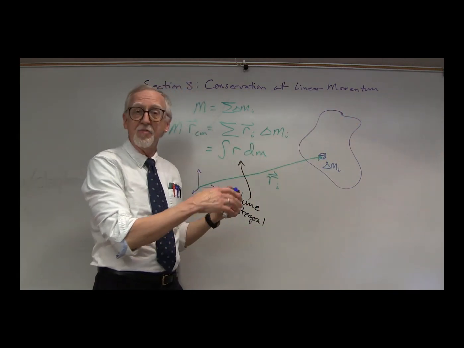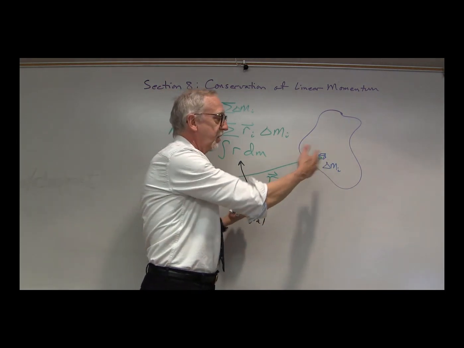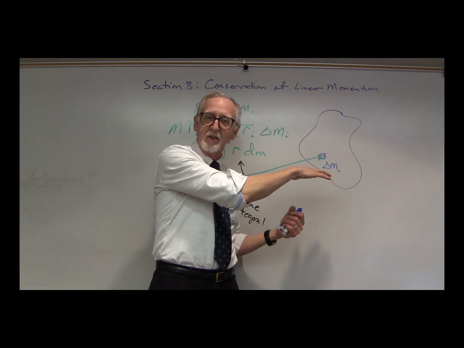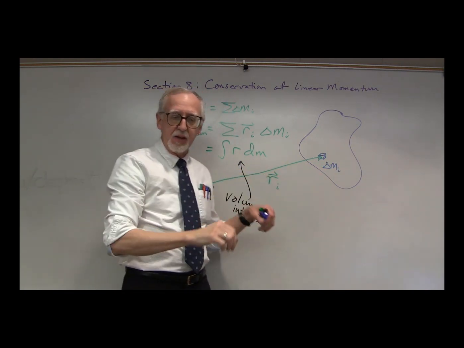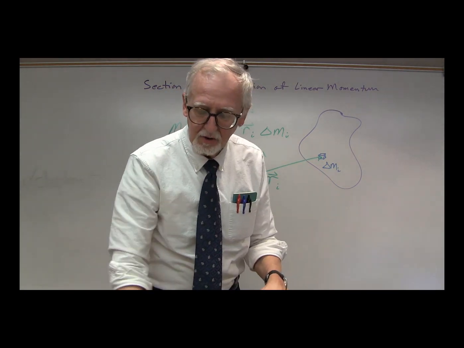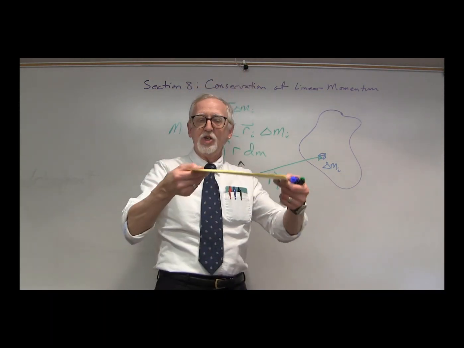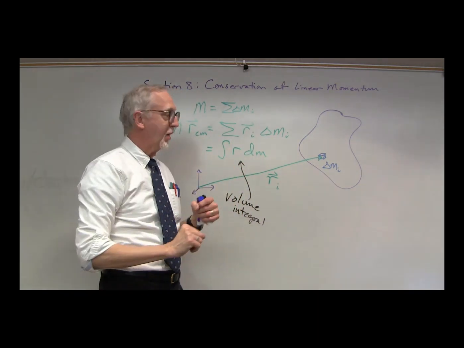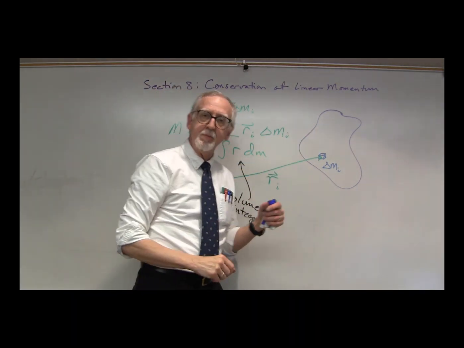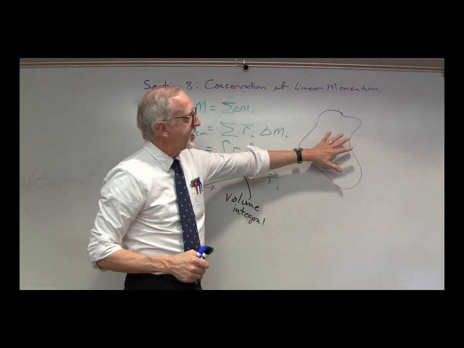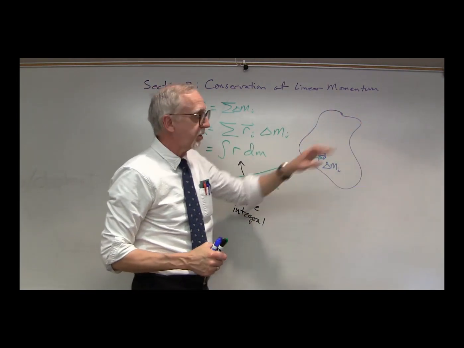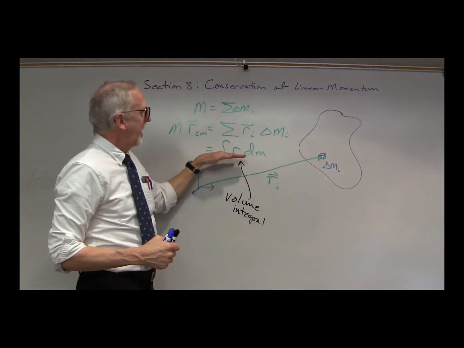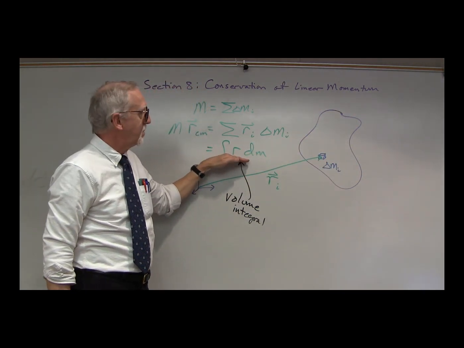We could have a flat surface, which would be a two-dimensional surface integral if it was something like a very thin sheet of mass, or if it was a line of mass, like a wire or something like that, we could have a one-dimensional mass integral. But in general, it's going to be a three-dimensional volume integral, integrating over the entire mass, and for every little mass element, we multiply it by